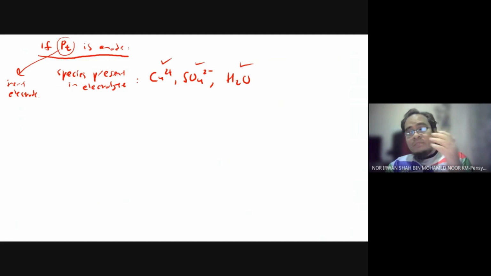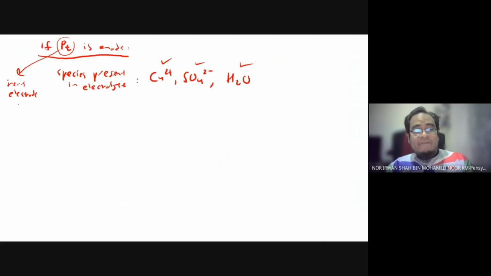Maksudnya function dia just untuk channelkan pengaliran elektron sahaja. Itu apa kita sebut sebagai inert electrode. Dia tak terlibat dalam half reaction. So that's why, sekiranya anode kita adalah platinum, apa yang berlaku adalah,